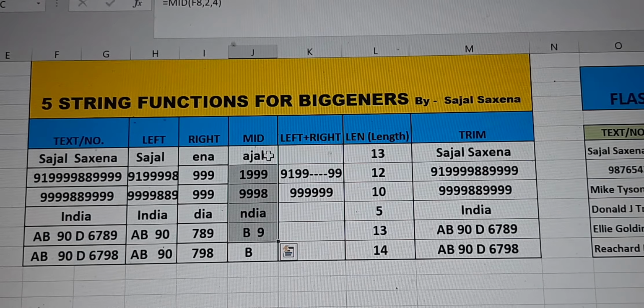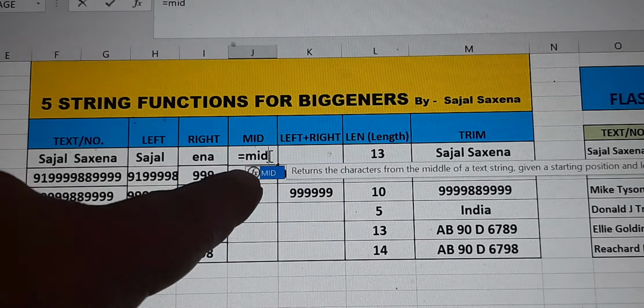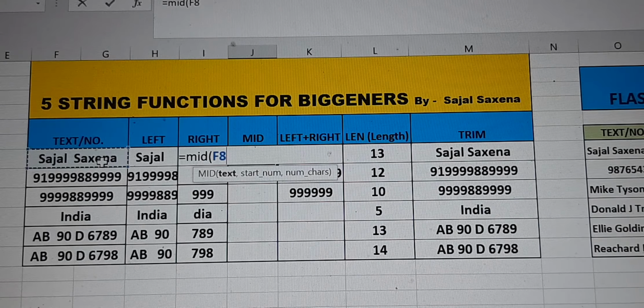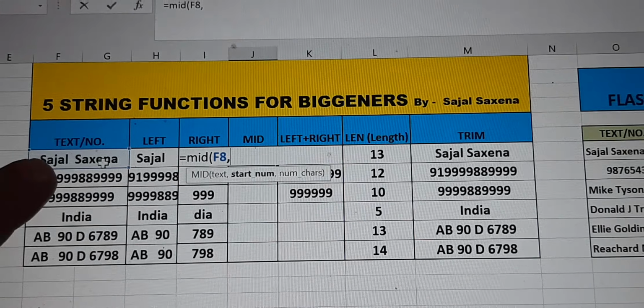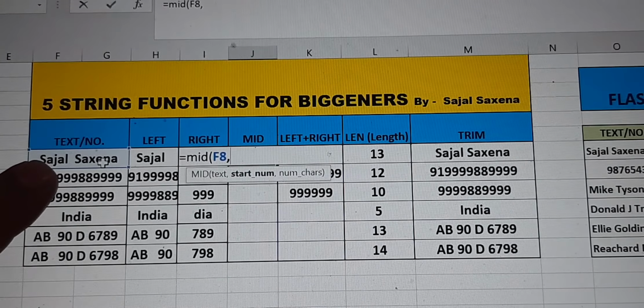So let me clear this off. Now equal to, type MID, bracket begins, the cell address, comma. Now I say that I want the data, look out here, SA, from the second character.